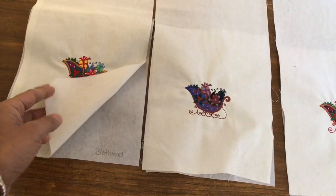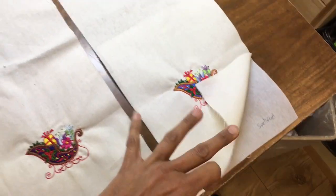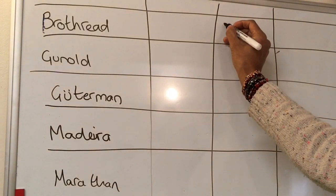This one's the best one, that was Embroidery Thread, and if we go all the way down to the other end, we'll see it was Sim Thread. I'll put them in order on the board. So if I mark 7 for the best score and go down, in order for the best one,